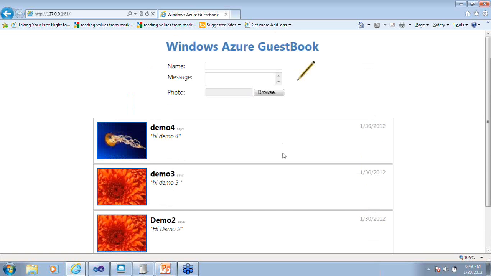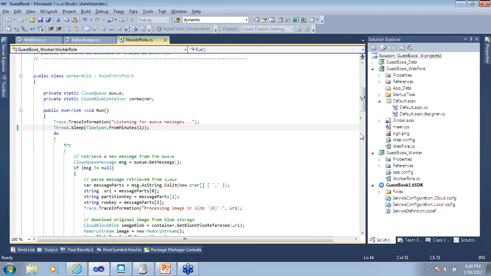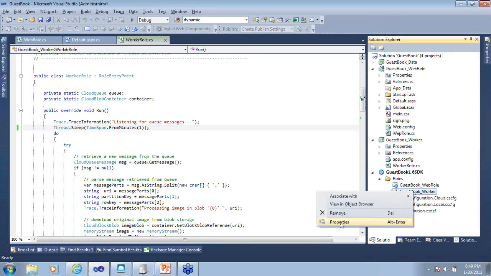So that is how the web role and worker role work on a queue. That was the idea of this demonstration. We're going to talk about a few other tasks, like if you want to put an internal endpoint, for example for a worker role. If I just go to the worker role, say properties,